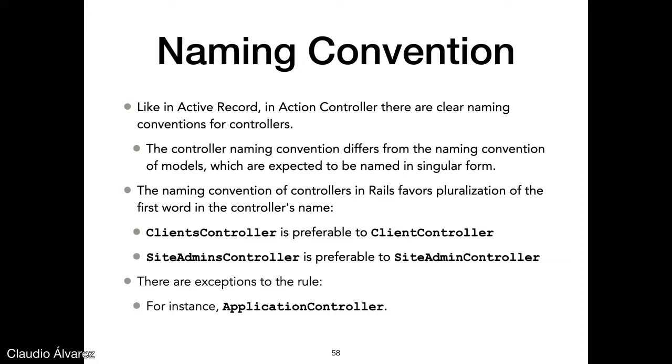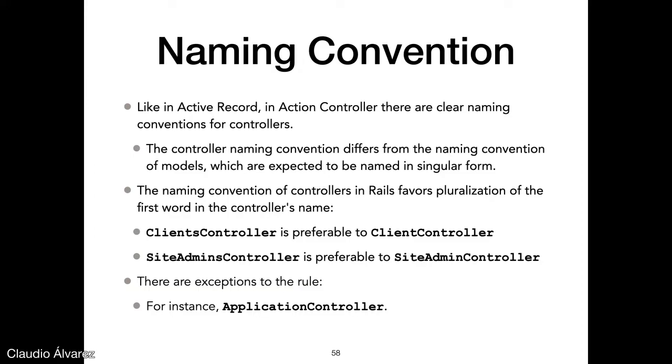So then it makes sense to consider the users a resource. You usually consider models resources. There's sort of a one-to-one relationship: you can basically say that any model in your database is potentially a resource that can be delivered to a client, right? So being that the case, the controller names will match the model names. You've got a clients controller because you've got a model called client, and client is a relevant resource to some user of your application. So you pluralize the controller names in such a way that you've got clients controller,